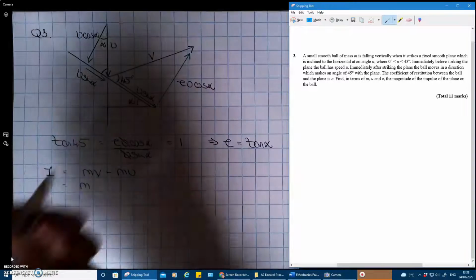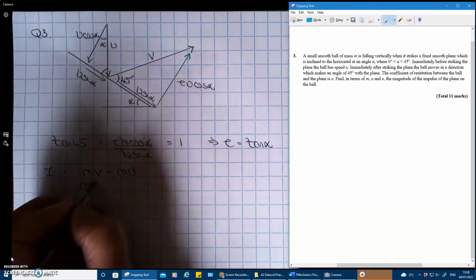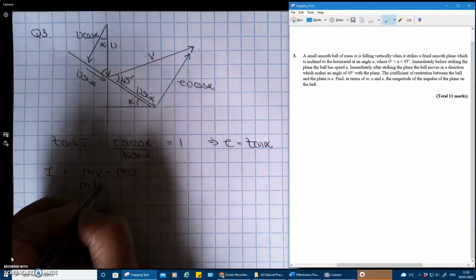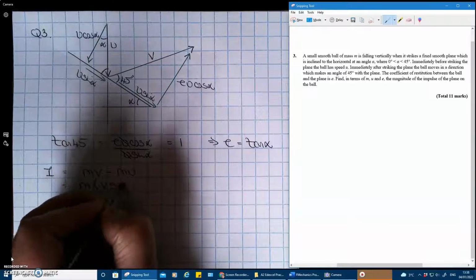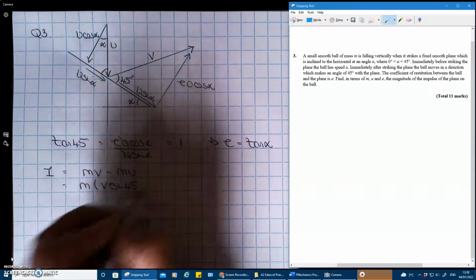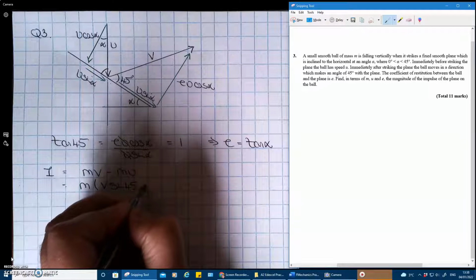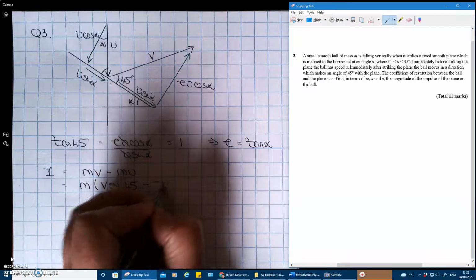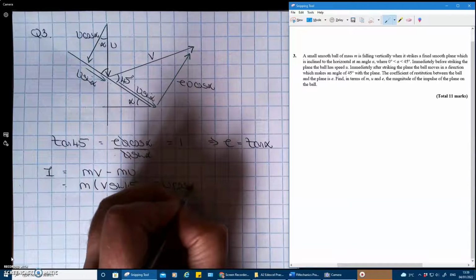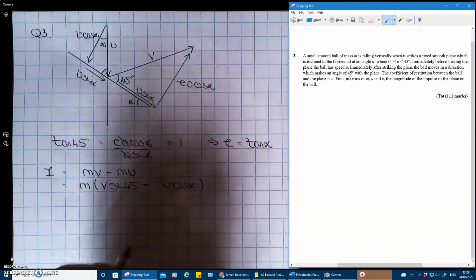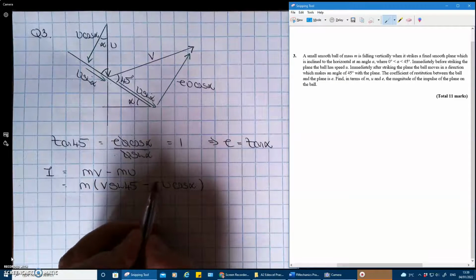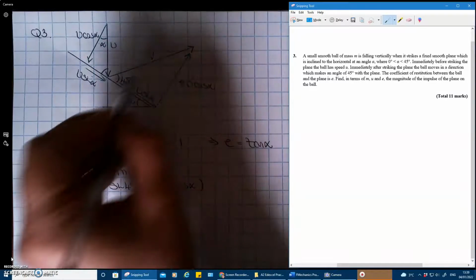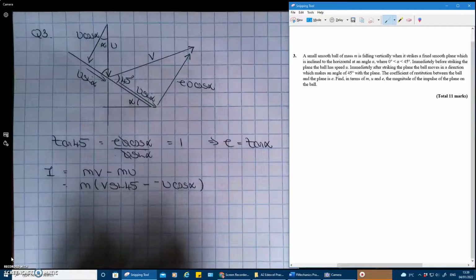Remember, I'm doing impulse perpendicular to the plane because horizontally doesn't change. So I've got v sine 45, and then I've got u cos alpha. Okay, notice the change in sign here because v is going that way and u is going the other direction,